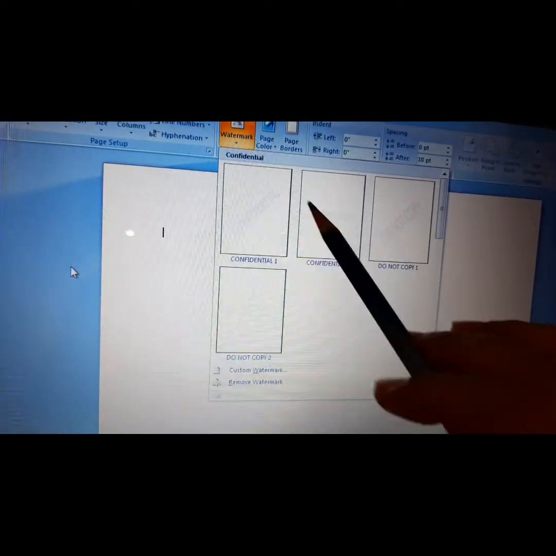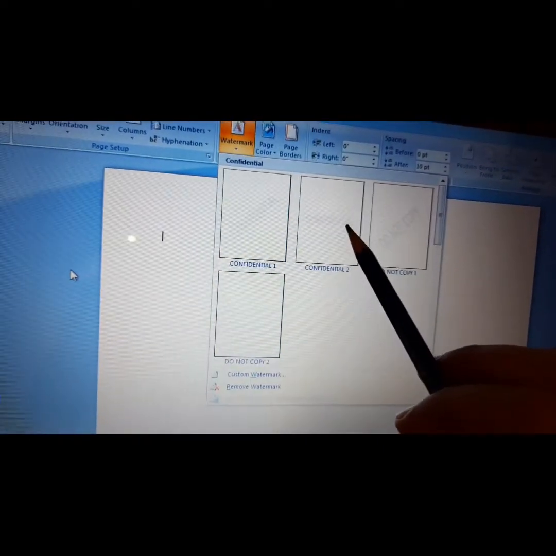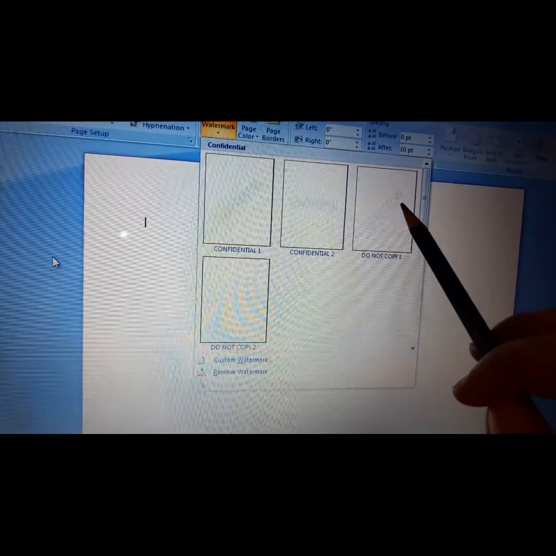Once you click, you will get certain styles, like here, see, this confidential is written diagonally, here it is written horizontally, here do not copy is written diagonally. So whichever you want, suppose if you want this one, click on it, and here I'm sure it's very faded, but it's coming. Now this is your watermark.